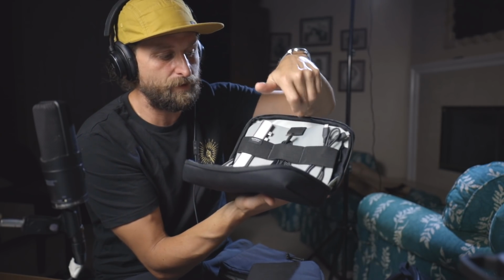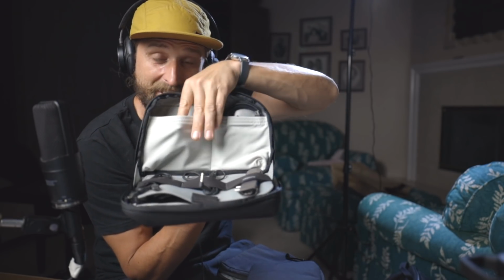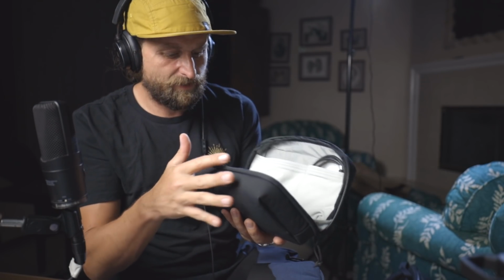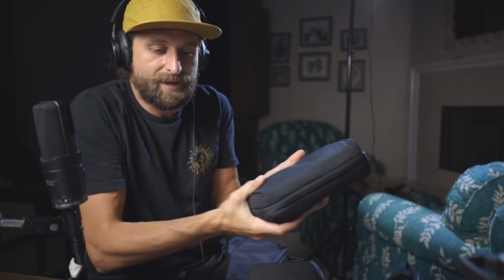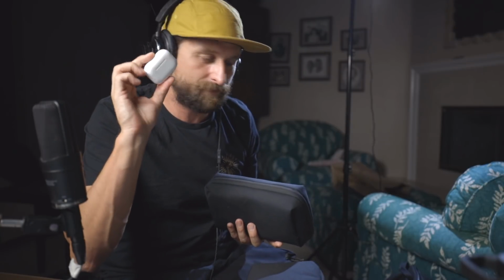You've got this nice little flip book kind of feature to see it all, and then some double undies over here. My experience on this guy is it's been kind of tight for me. It's perfect, but if it was a little bit bigger, I could fit my power adapter for my laptop in. And so everything that I need comes right out of here,